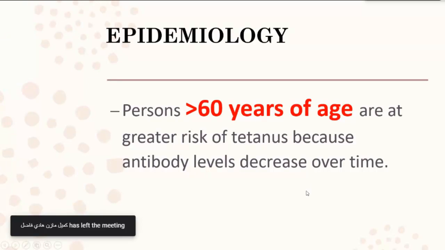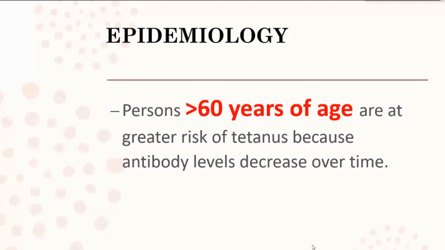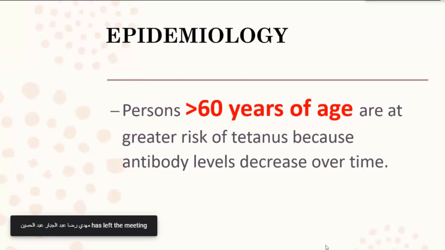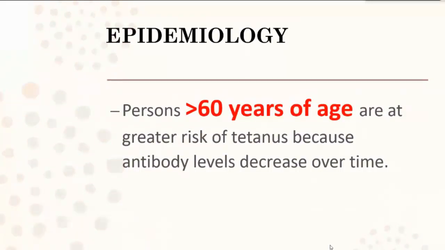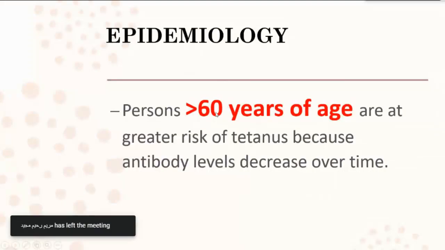As you know, the DTaP vaccine is usually given as part of a vaccine schedule in infancy, childhood and preschool. But unfortunately, as the person ages, the usual protective antibodies will decrease. So a normal person needs booster vaccines. If he didn't take vaccinations at all or didn't receive a booster vaccine, the antibodies will decrease. So persons at such an age will be vulnerable to tetanus.